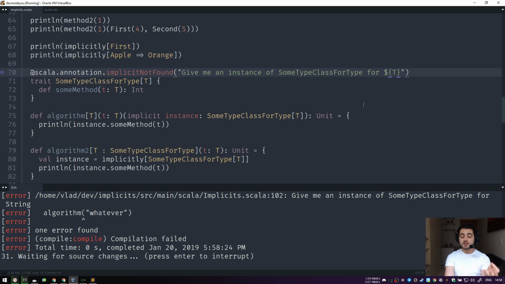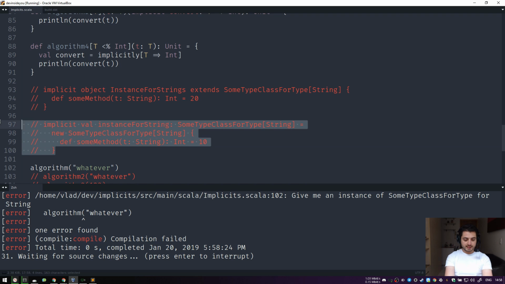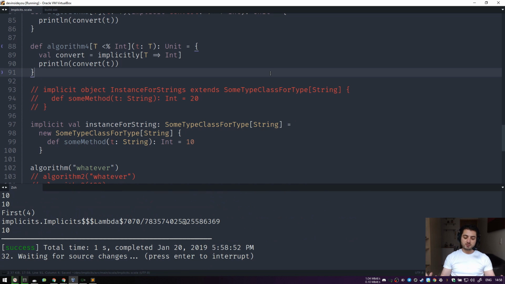So one thing to remember is that this annotation goes onto the type class, right? Not onto the instances or not onto the algorithm. It can only be used on the type class itself. Now, let me actually inline the instance because I wanted it to compile. Okay. Next thing that I want to mention is a compiler flag called -Xprint:typer, which I'm not going to